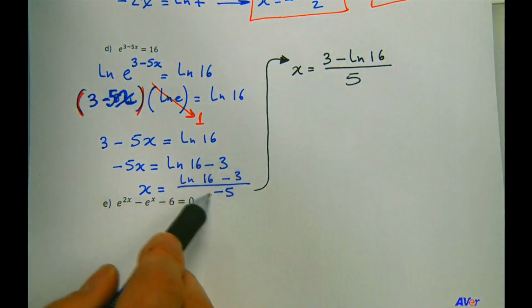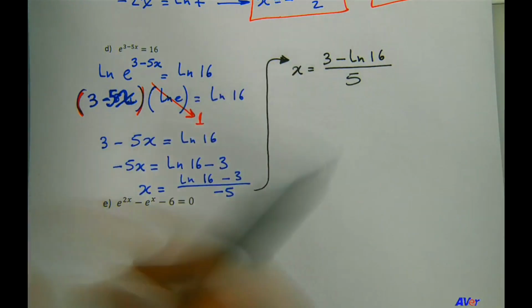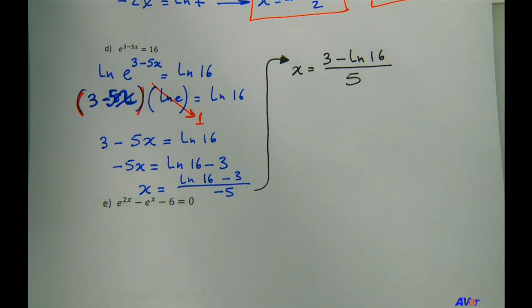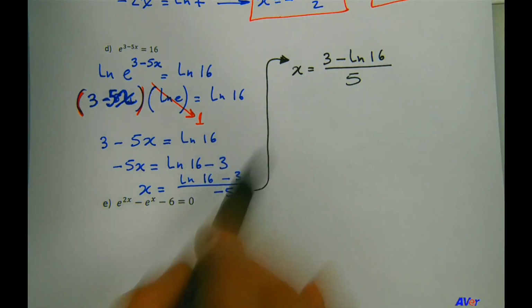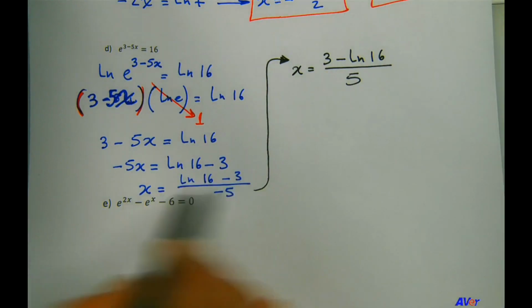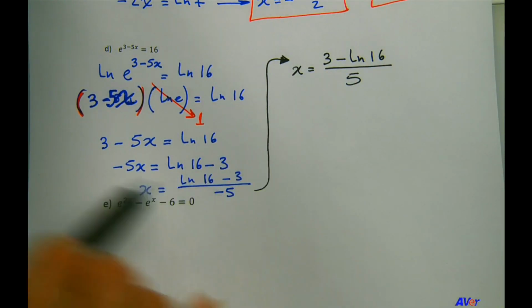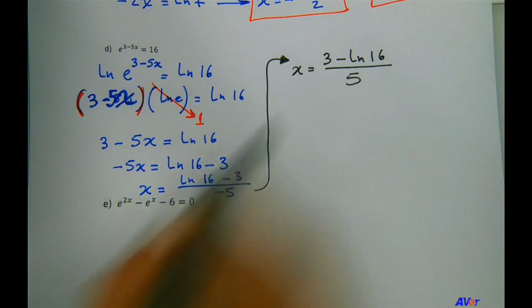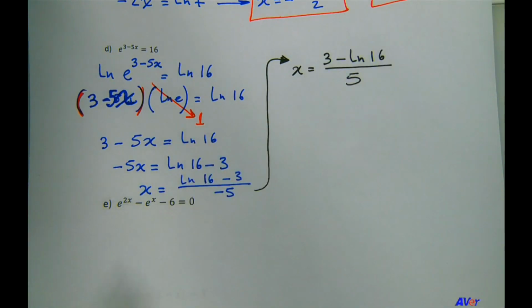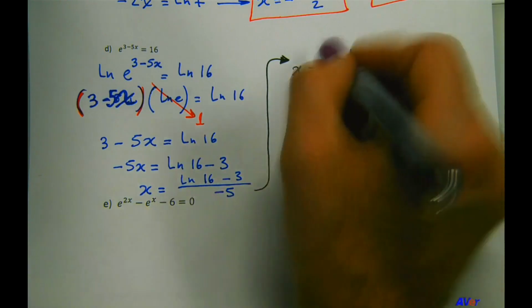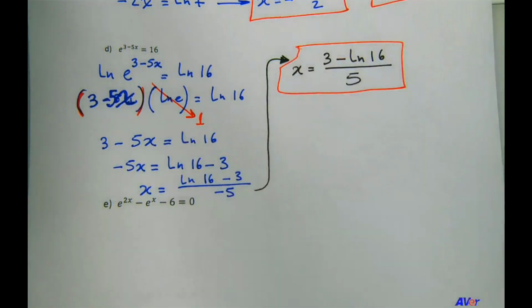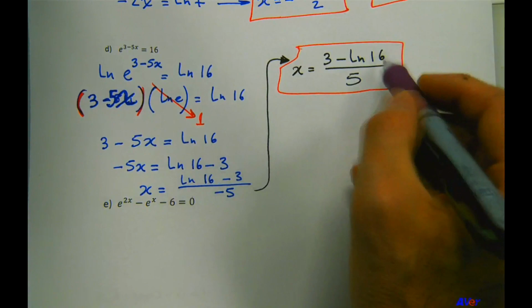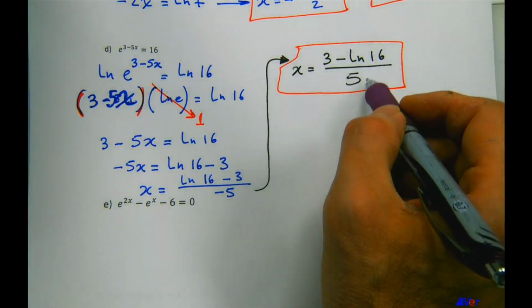But usually we want to write our answer in a combined form and as clean and neat as possible. So it's better, in my opinion, to write it so that this negative has taken effect in the numerator. So it comes up and distributes itself in the numerator. So instead of negative 3, we have 3. Instead of positive natural log of 16, we have minus natural log of 16. Okay? So even though these two are the same answer, this, in my opinion, looks better because it's more combined or more compact. So either you can leave your answer like this if you're not allowed to use a calculator,